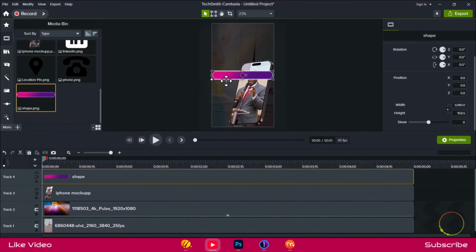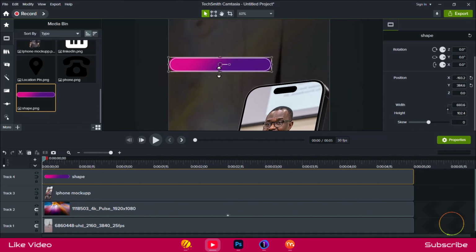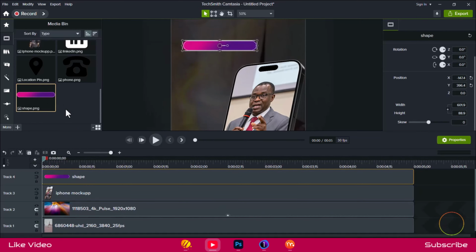Now that we have imported into Camtasia, I'm just going to drag it and drop it over here, and yeah, this is good. I like it. I can resize it and keep it where I would like it to be. But before I get into this, I will first